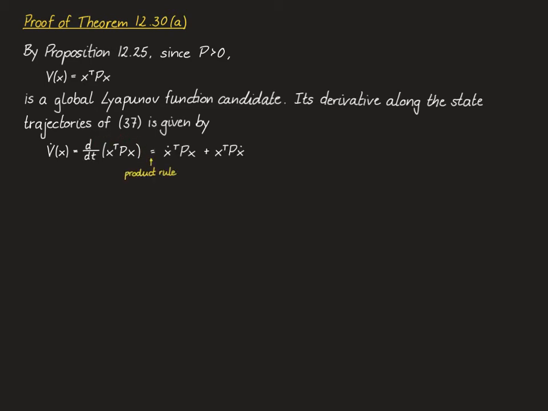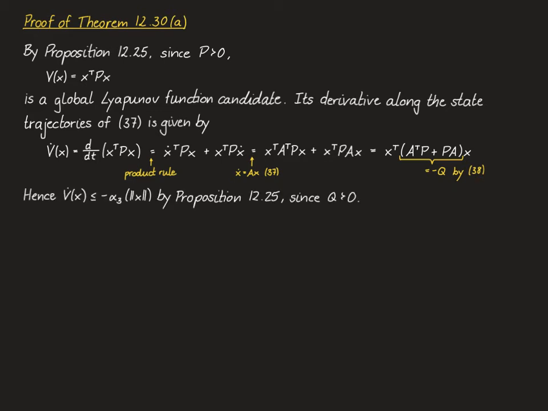which by the product rule is equal to x dot transpose Px plus x transpose P x dot, where we can use the system equation 37 to substitute x dot with A times x, and hence, taking out x transpose to the left and x to the right, we obtain that V dot of x is equal to x transpose times, in brackets, A transpose P plus PA, times x. Since A transpose P plus PA is equal to minus Q by the Lyapunov equation 38,